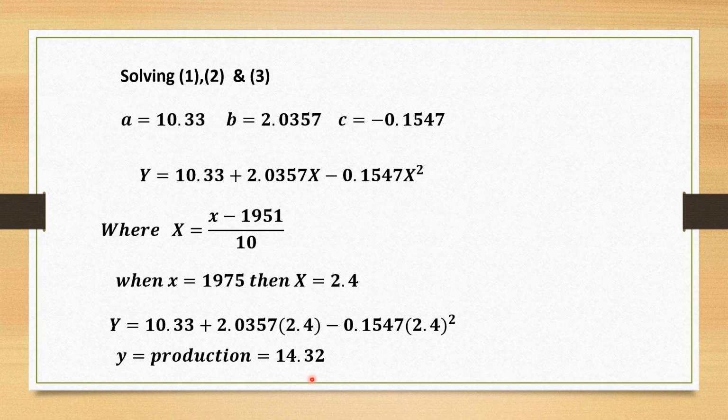Again, these conversions are not required. If you want, you can take it as the same small x as 1941, 1951, whatever is given. You need not change those values. You can do it directly also, but I just showed you the method. If you want, you can convert that to a smaller number and then calculate everything in terms of capital X and Y, and then substituting in the end capital Y as small y and capital X as small x minus 1951 upon 10, and then calculating the value of small y when small x is equal to 1975. Okay, so this is the way to fit a second degree curve or a parabola.